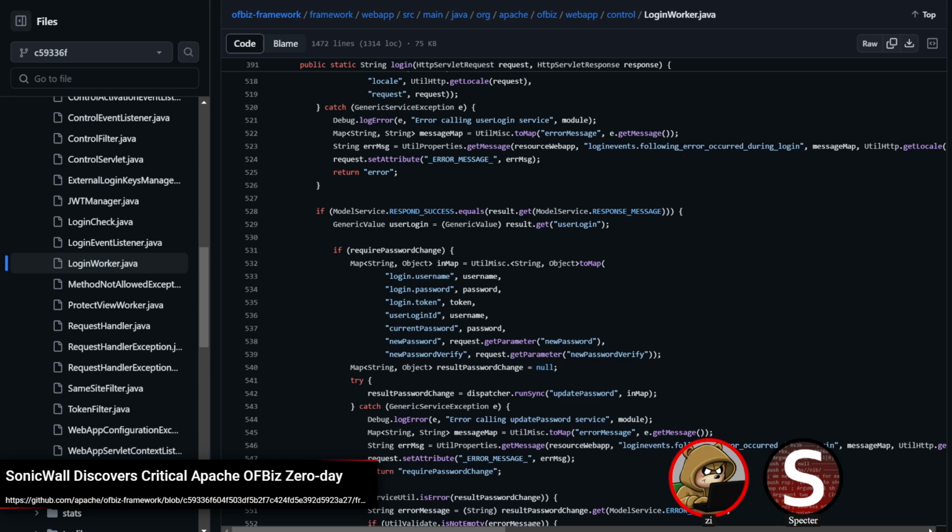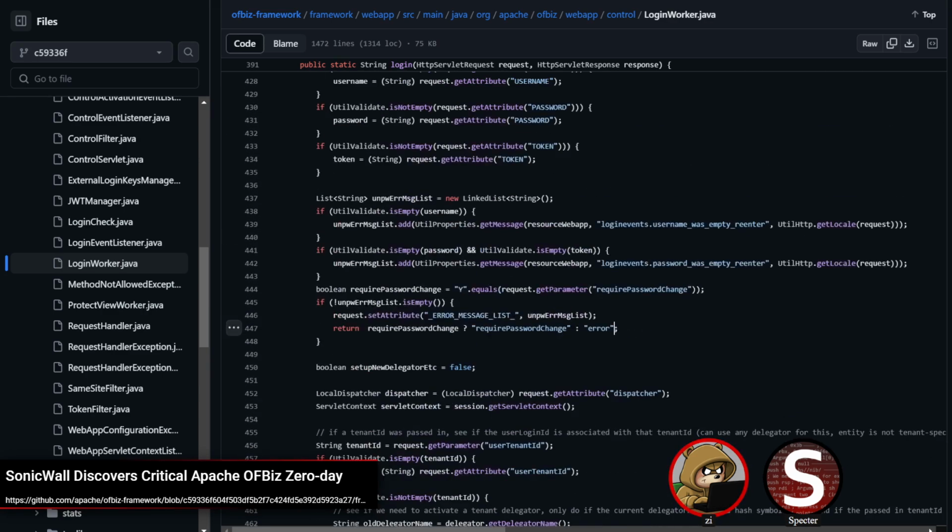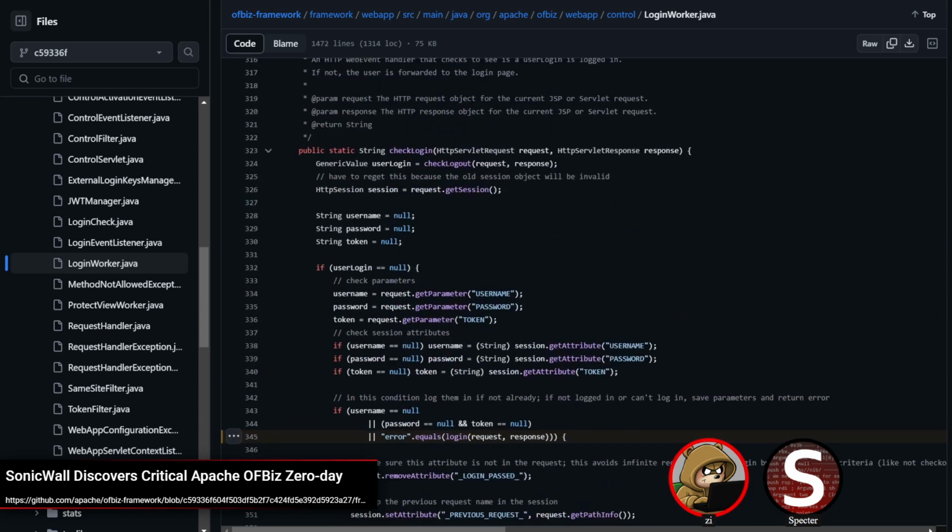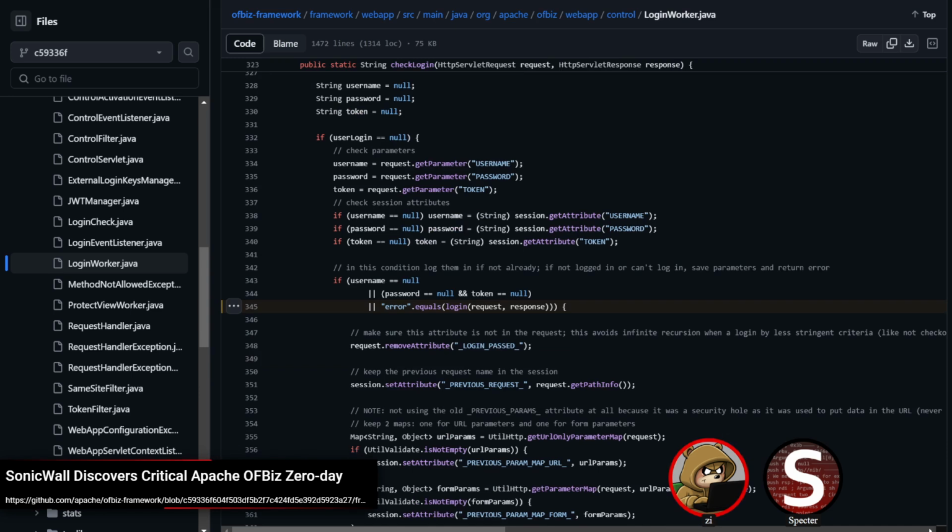That's kind of what it feels like to me. I don't know what the commit history was there to actually say, like, oh yeah, it was introduced separately or whatever. Either way, it has that third return value. So when you get into this check login, it does some other checks on the parameters, but then it ultimately does that error equals login, and then, sorry, it's not going to return. This is doing the check on the error value.